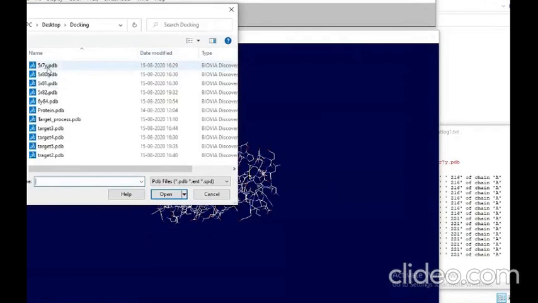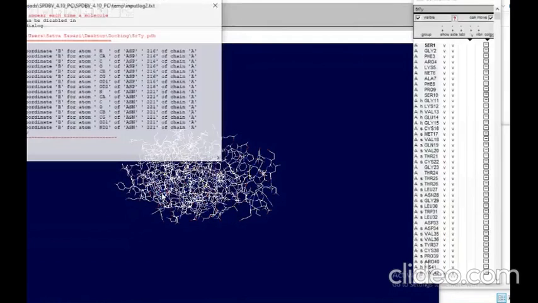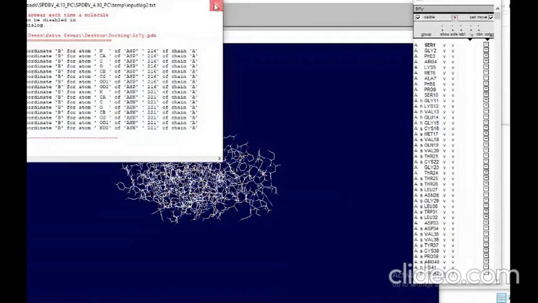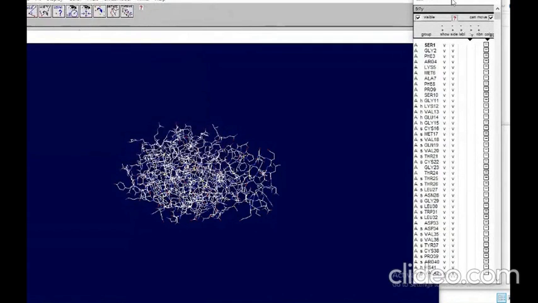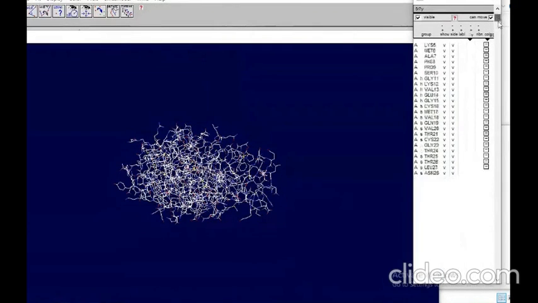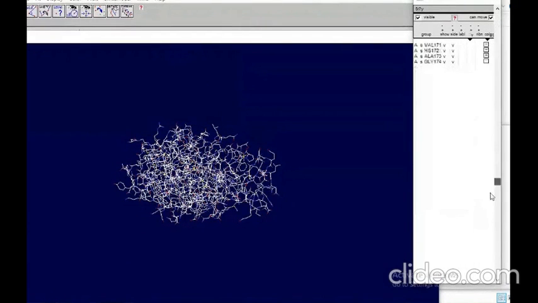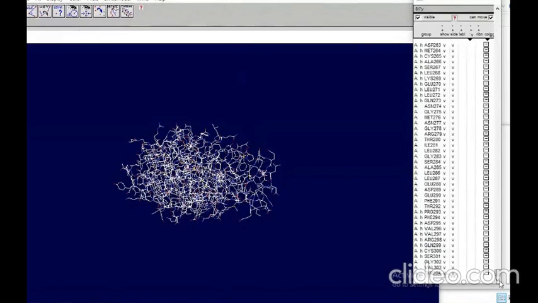After that, select the protein that was downloaded in PDB format, then open it. When we open it, one control panel opens automatically. Apart from the 3D structure of the protein, the sequence, the primary structure, is also visible here.